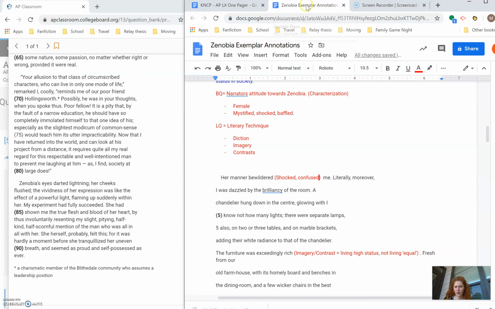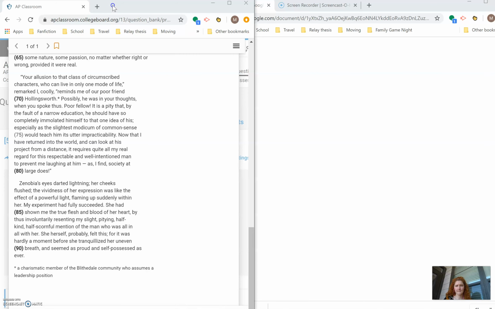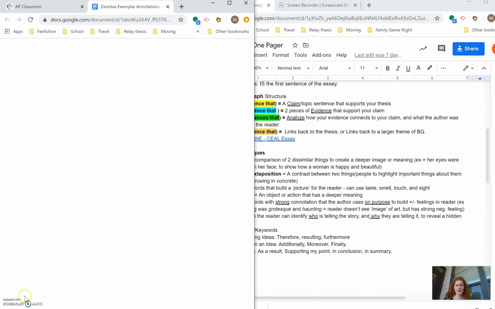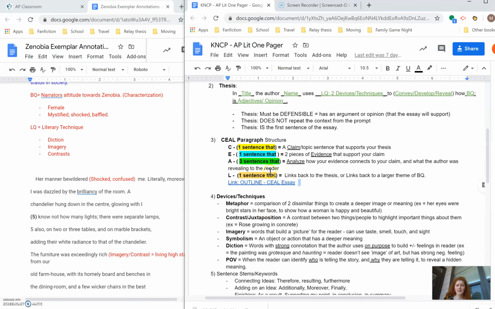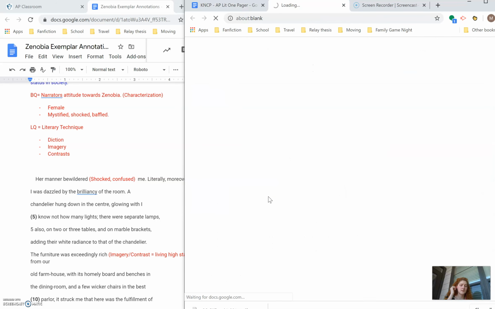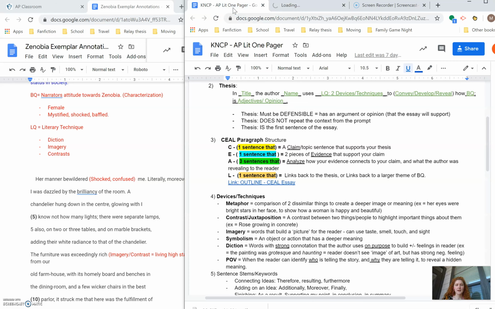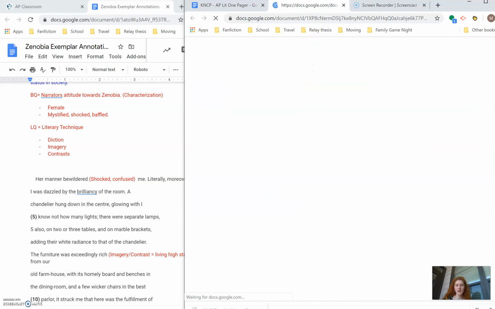But I'm going to move on to creating a body paragraph. So I'm going to transfer my annotations over, and I'm going to set up my body paragraph. In this one pager, the cheat sheet, again, it's a great resource. It has an outline for you that you can start plugging stuff in and out of. The other thing that's also really good is you can just steal the thesis, plug in the blank thesis, and just transfer it over and fill it in as you need.